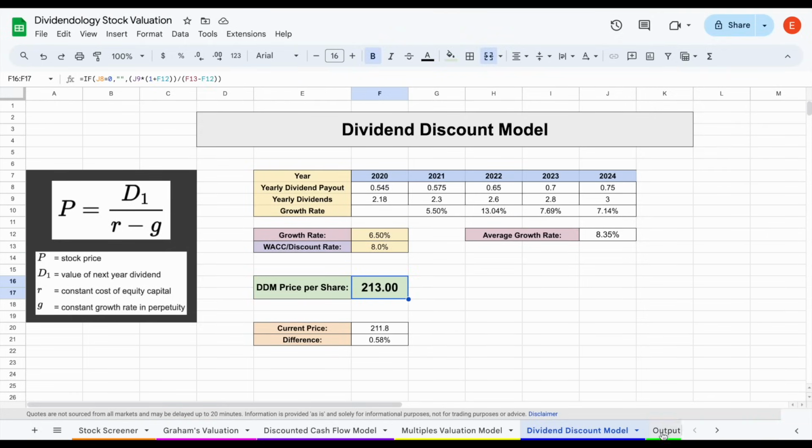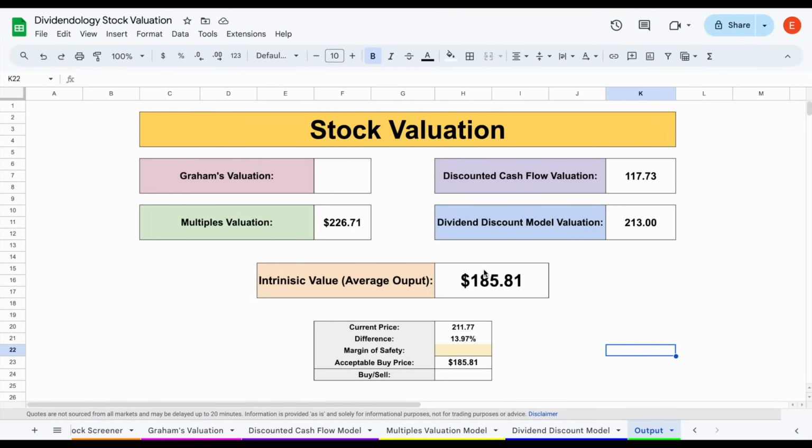So when we jump over to our output tab, we can see the three valuations that we use in this scenario: DCF at 117, DDM 213, and multiples at 226. Average all three of those together, and we come to an intrinsic value of $185.81. So at its current trading price of around $212, it looks like it's overvalued by around 14%. And with a 10% margin of safety, you could see the acceptable buy price sitting at 167 and 20% around